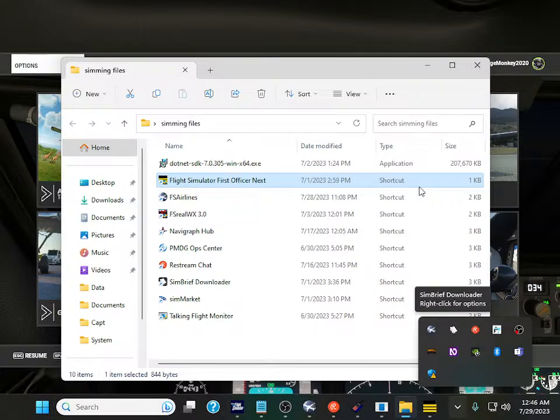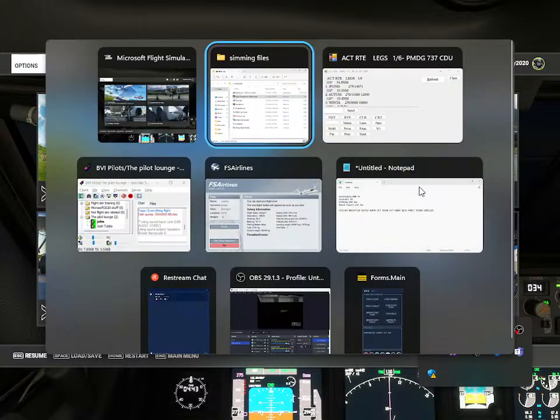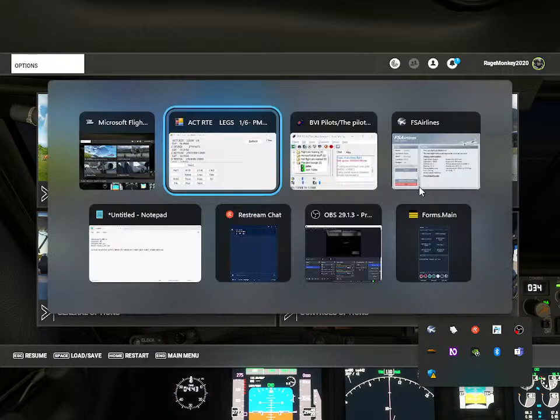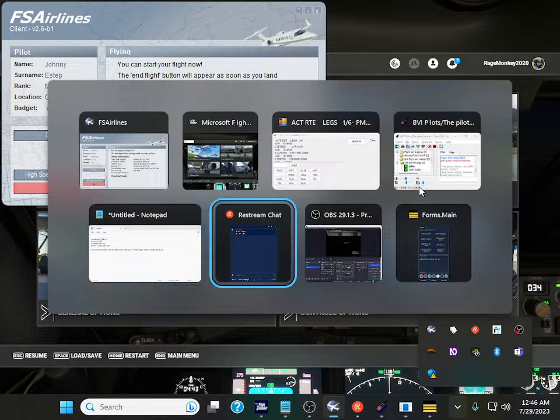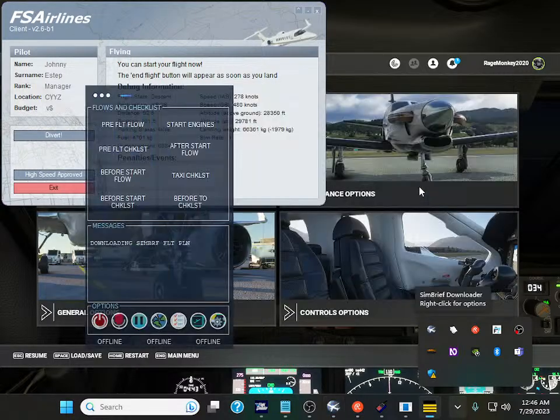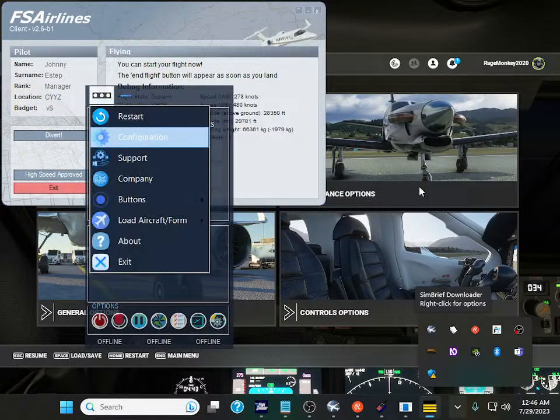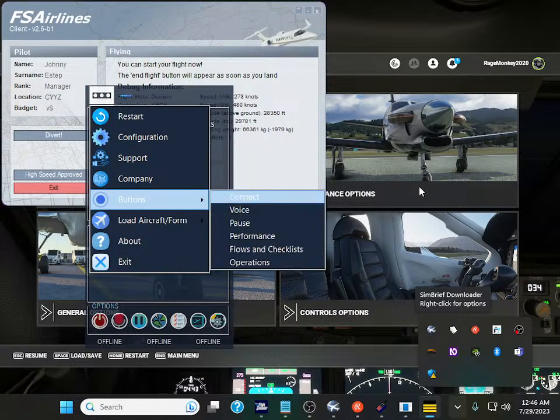Okay, hopefully Microsoft Flight Simulator 1. Microsoft Flight Simulator Files Row 1 column Simulator Files. Items 2. Microsoft Flight Simulator. RTE 1/6 PM BBI Pilots FS Airlines column 448. FS Airlines. Button. Okay, Microsoft Flight sure Simulator 1. that RTE BBI star title notary screen chat column top 29 forms main column 488. okay. Close and checklist proving. We have LTs. Restart and support button buttons. Connect. Should be able to